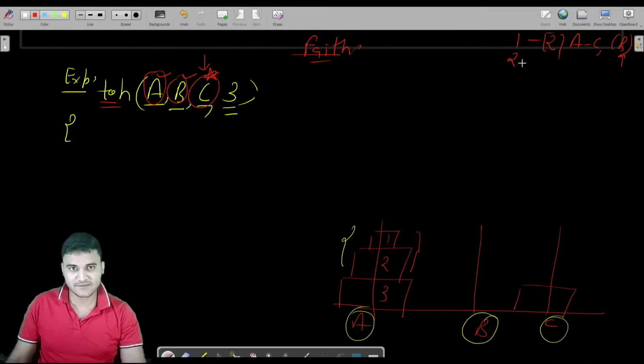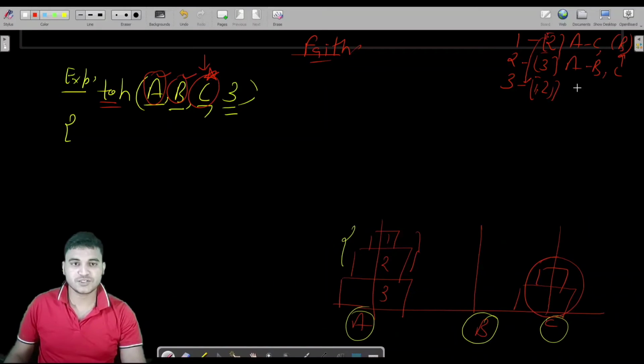And the second step was we have to move our third disk. This was 1 comma 2 actually. So the third disk from A to B using C. And the third step was to move these two disks from C to B again. So move your 1 comma 2, or 2, whatever you want to call it. This is the same here. Move these two disks from C to B using A.